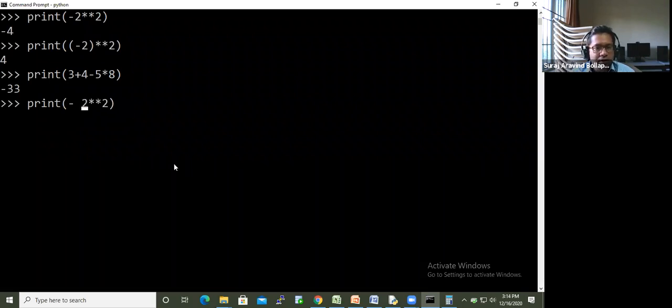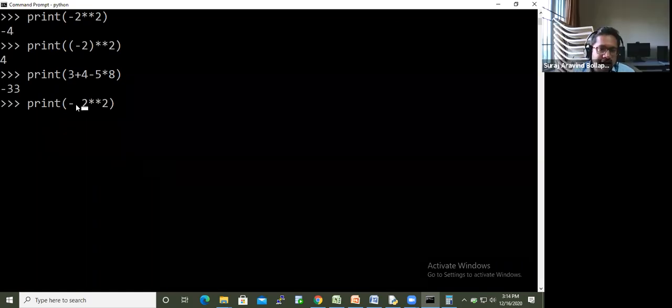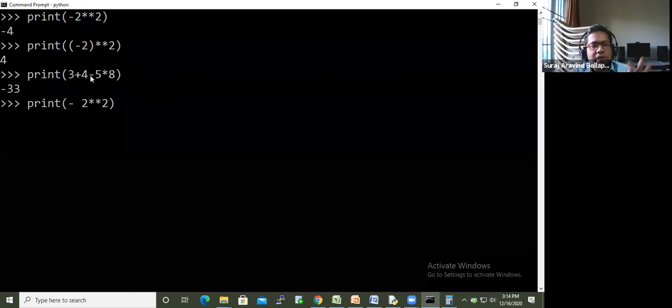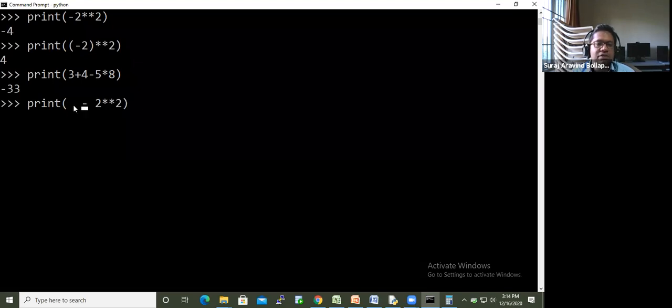Unary minus stands for sign. Generally minus is a binary operator, which takes two operands, like 4 minus 5. But here you did not supply any operand before the minus, so it treats it as a sign.